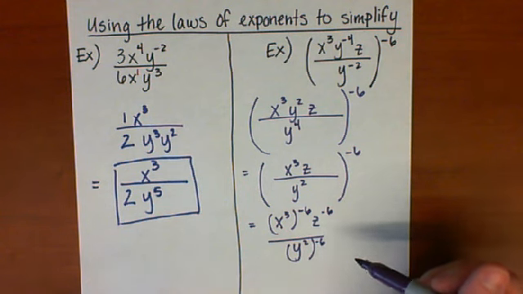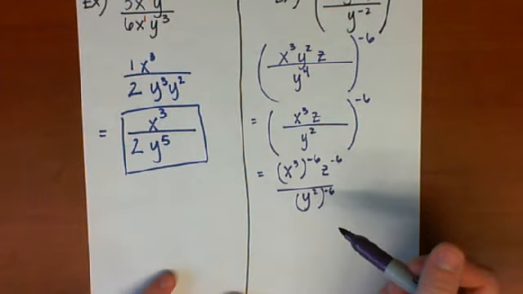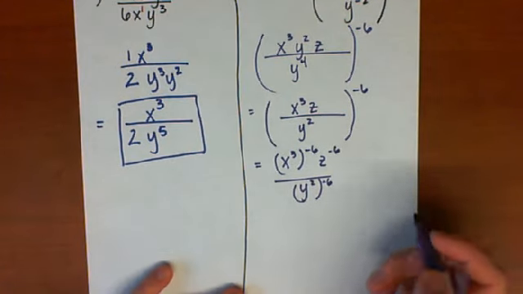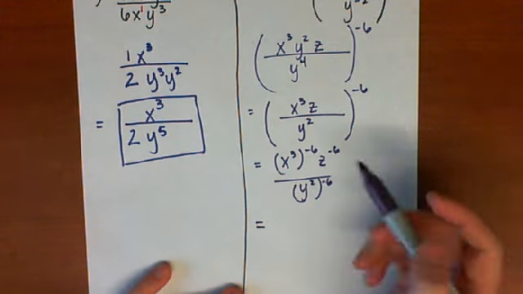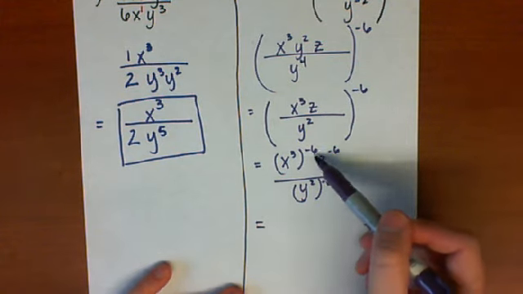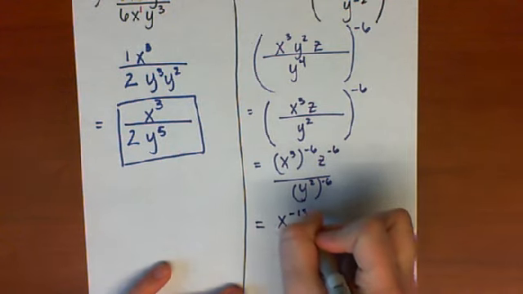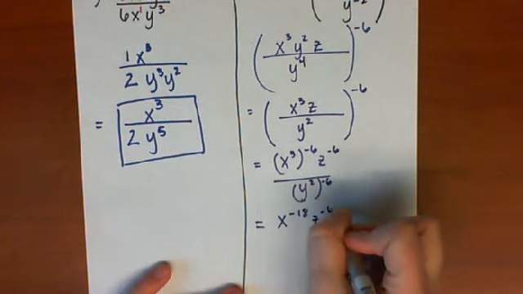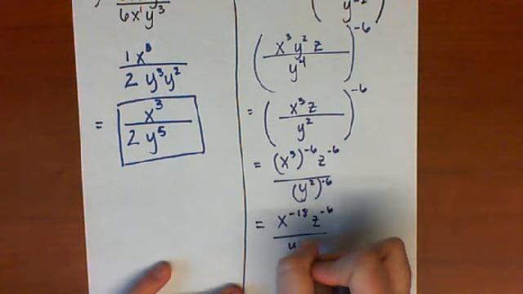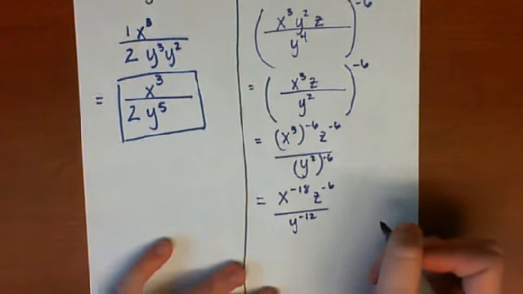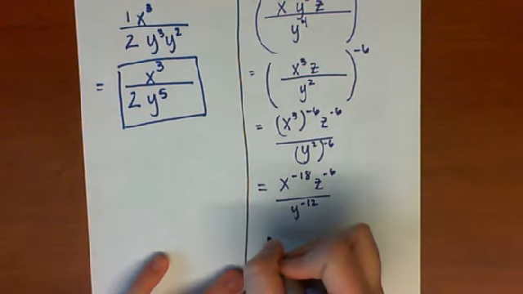So the next thing that I'm going to do is, now I've got two exponents put together here and here. So I'm going to go ahead and simplify that. So I remember that if I have this, I'm going to take the 3 times the negative 6, which would give me x to the negative 18th. This would give me z to the negative 6th, and this would give me y to the negative 12th. Now, when we want to simplify, we do need to make sure that we don't have any negative exponents, so I do need to get rid of those negative exponents.